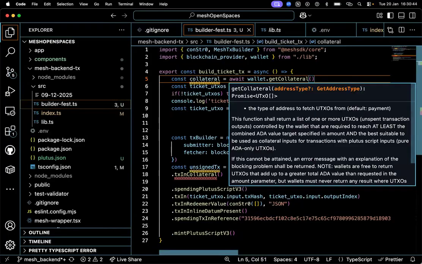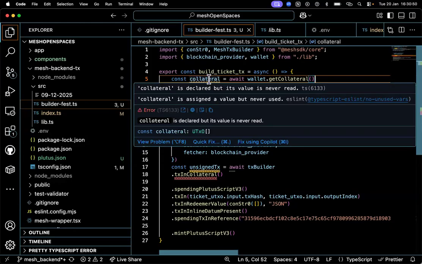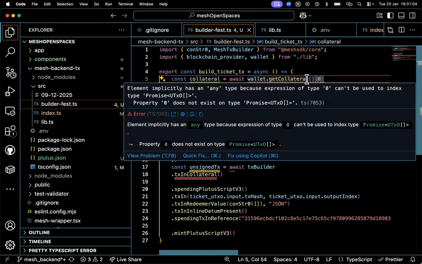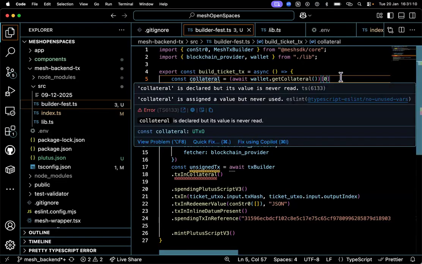I'll be ignoring the address type. The return type of this collateral is an array of UTXO, but we need to be specifying the UTXO. Normally you would just pick the first UTXO and do something like this. It's not allowing us to do that, but we're going to wrap it up like this. So it should work that way.